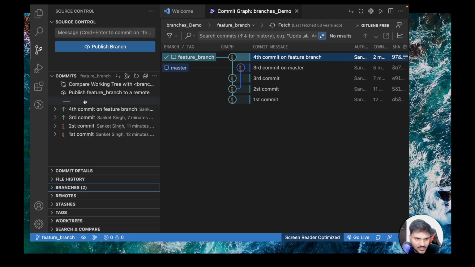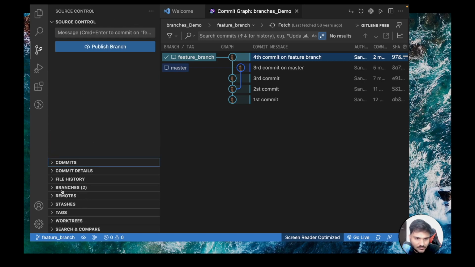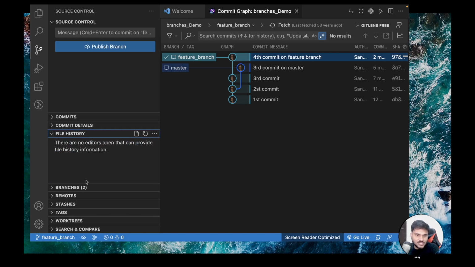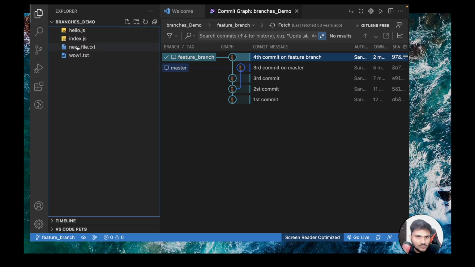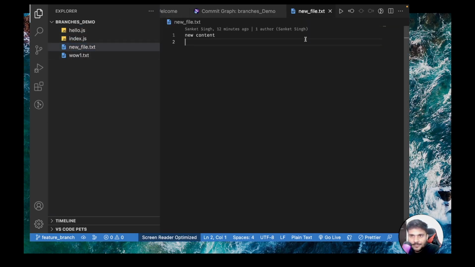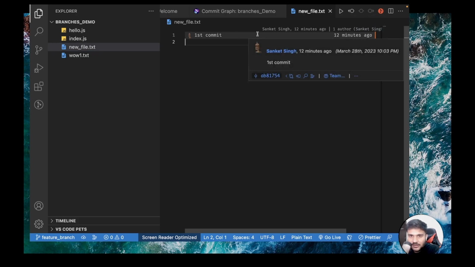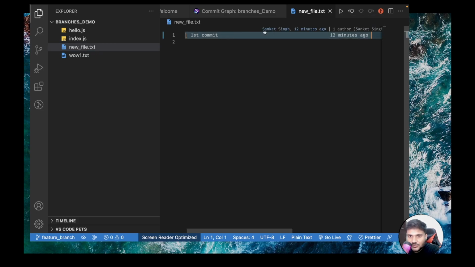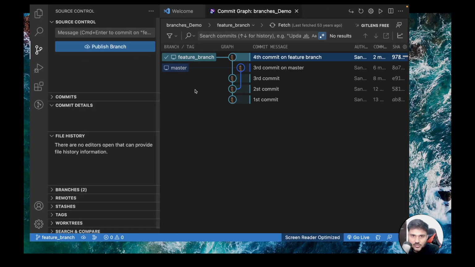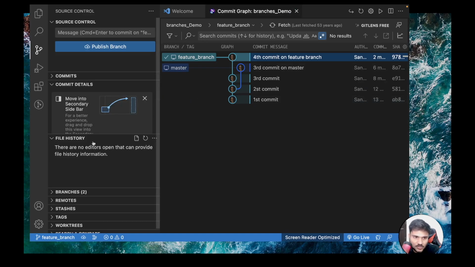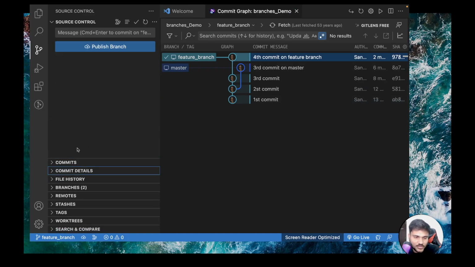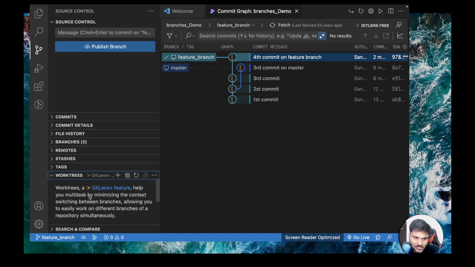Then, as far as I know, you can also see blames, for example which file change has been made by whom. If you go here, you can see toggle file blame. The moment you toggle file blame, at every line you'll be able to see this change was made by which author in which commit and everything. So GitLens is technically a very powerful tool that you can find in the VS Code extensions. You can see a lot of things.